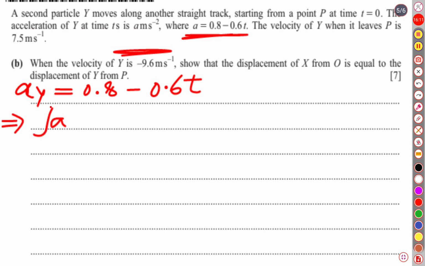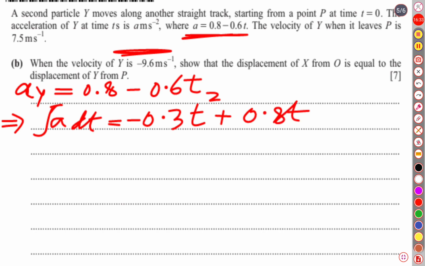If we integrate 0.6t it is going to be 0.3t squared, because if we divide 0.6 by 2 it is 0.3 t squared, and it must be negative, plus 0.8t. So our velocity is negative 0.3t squared plus 0.8t,